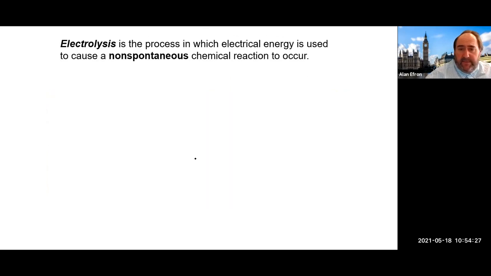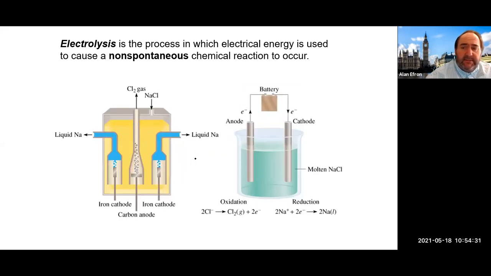The last thing we're going to talk about in this chapter is electrolysis. Electrolysis is the process where we use electrical energy to cause a non-spontaneous process to occur. So we can cause certain things to occur that normally do not happen. So for example, if we had sodium chloride,